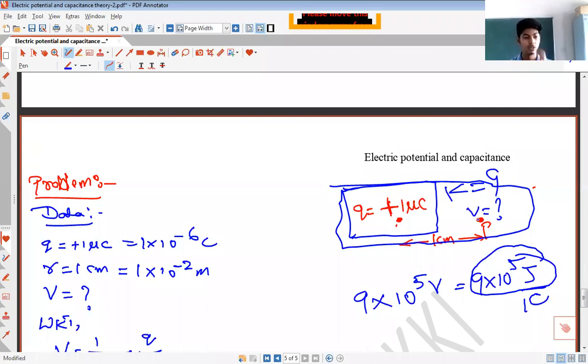Now the medium is changed. Can you find out the potential at that point? Does the potential at that point have to increase or decrease? Very good. So if the point is in air or vacuum, the potential at that point will be greater. If the point is in a medium of dielectric constant K, its potential actually decreases. Right? Very good. It will be 10 power 5 volts or 10 power 5 joule per coulomb.